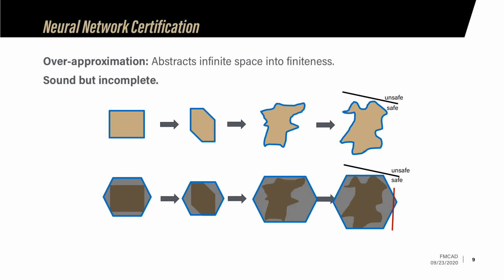Take the example here, where the red bar represents another safety constraint. Then empirically, we observe that the genuine reachable states, represented by the dark yellow region here, are all on one side of the safety constraint, so they are safe. However, the over-approximated hexagon region cannot guarantee that. And in this case, the certification tool cannot give you any meaningful result.